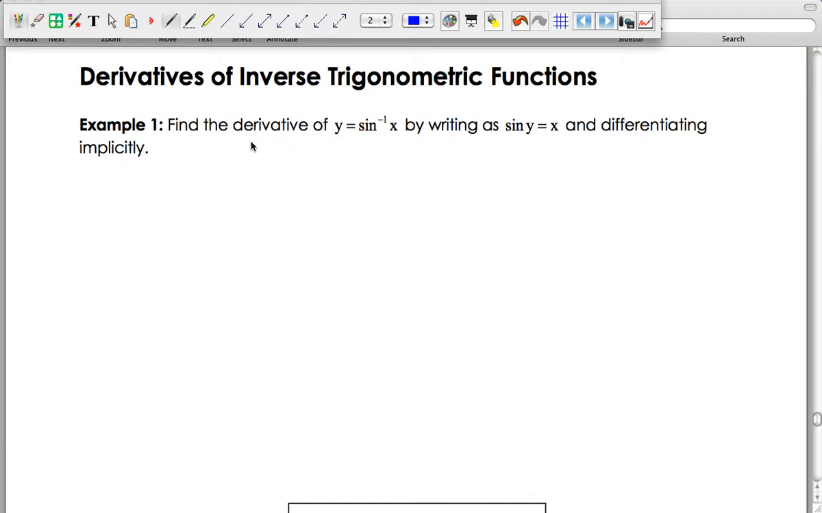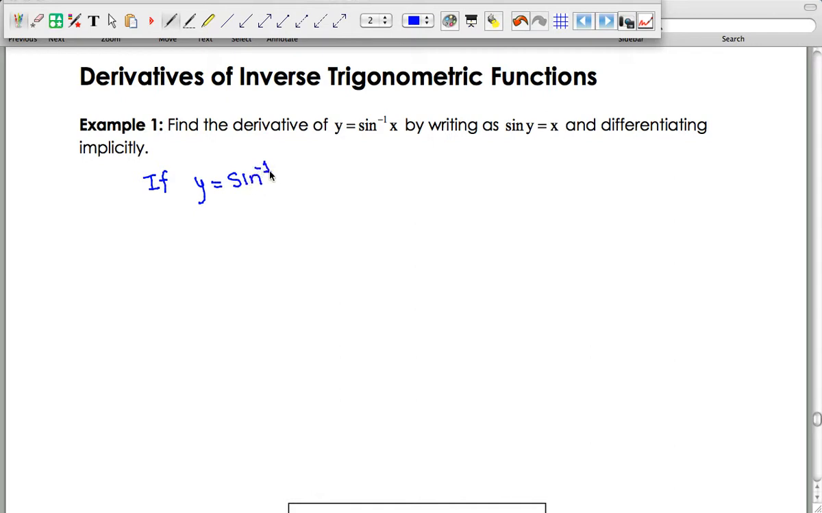Example 1 will help you find the derivative of any inverse trigonometric function. It says find the derivative of y equals inverse sine of x by writing sine of y equals x and differentiating implicitly. So if we know, and this is by definition of inverse trigonometric function, if y equals